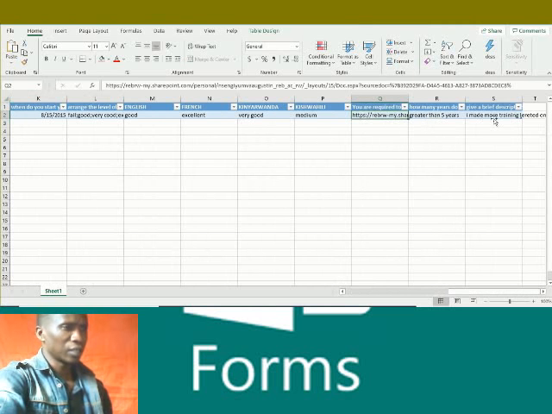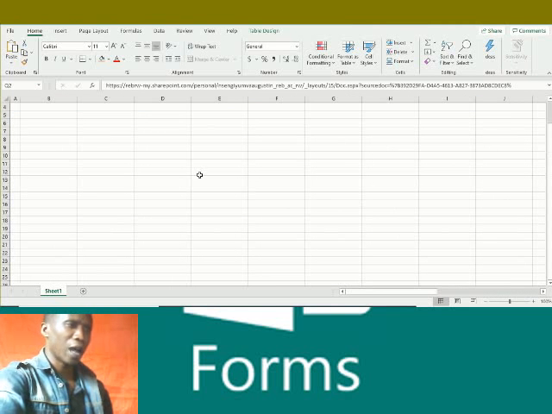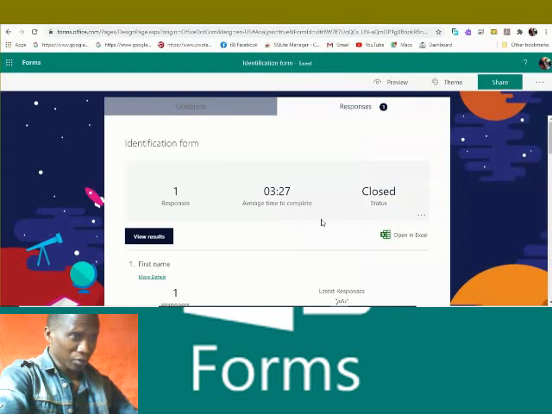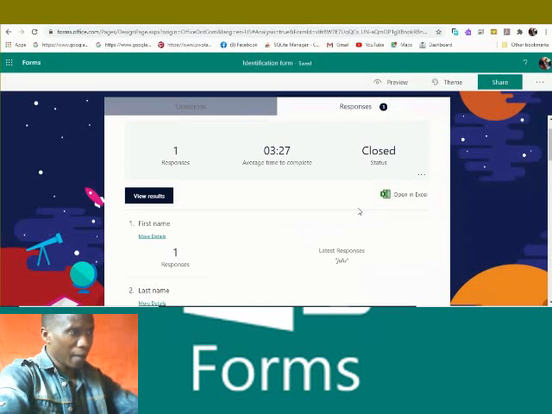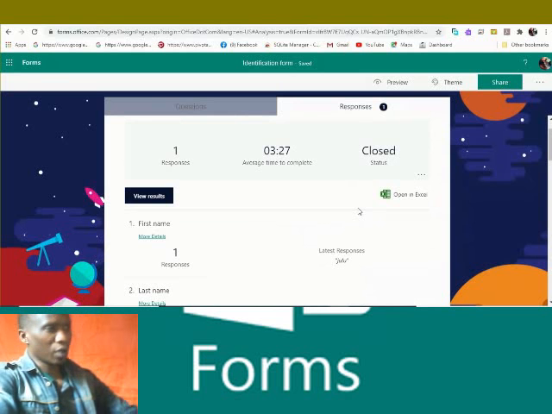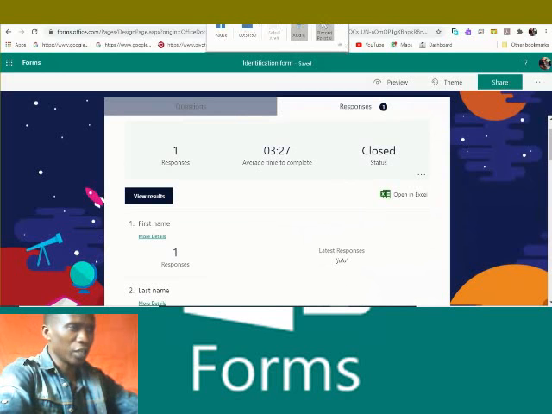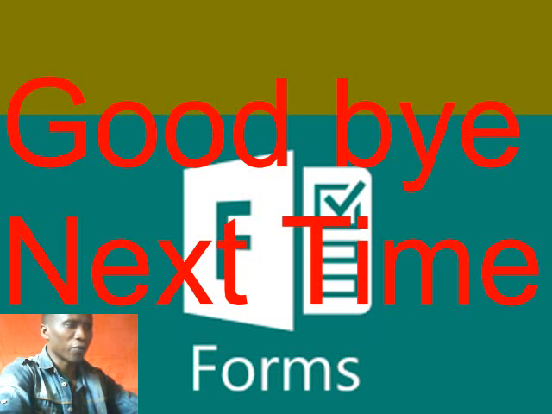So here is where you collect the information from your respondents and you carry out where you would like to carry. So I think this is an important tool you can use when you are creating your information, when you would like to collect information from your teachers or from your